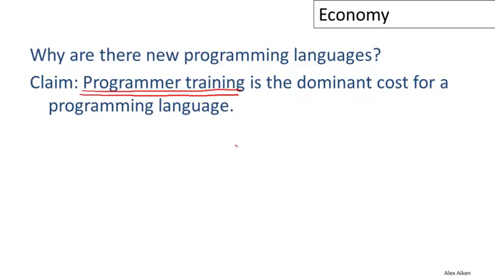All right. Now, from this observation, we can make a couple of predictions pretty easily. And again, these are just predictions now that follow from this claim, if you believe that it's true. So let me erase that and fix it. So first prediction is that widely used languages will be slow to change.